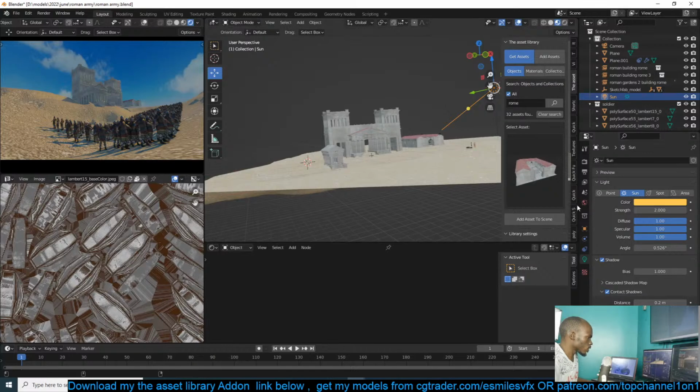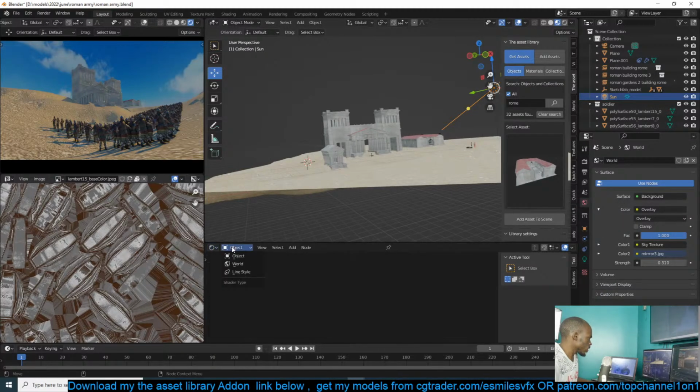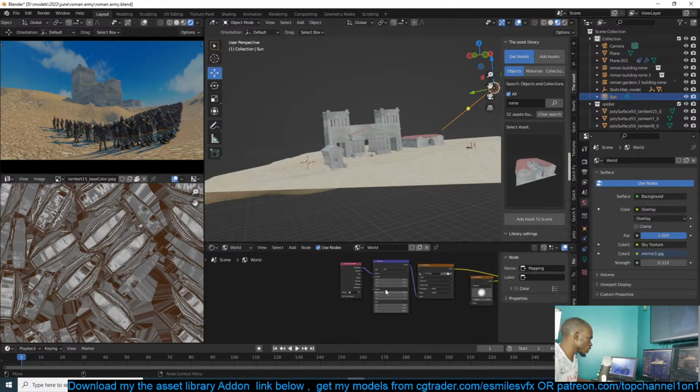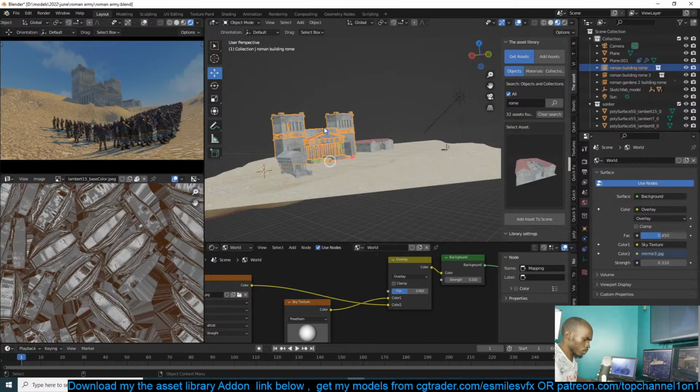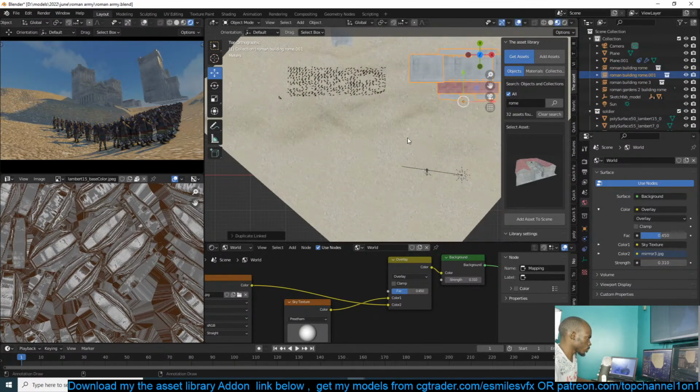And in the sky, let's reduce how blue the sky is. Maybe